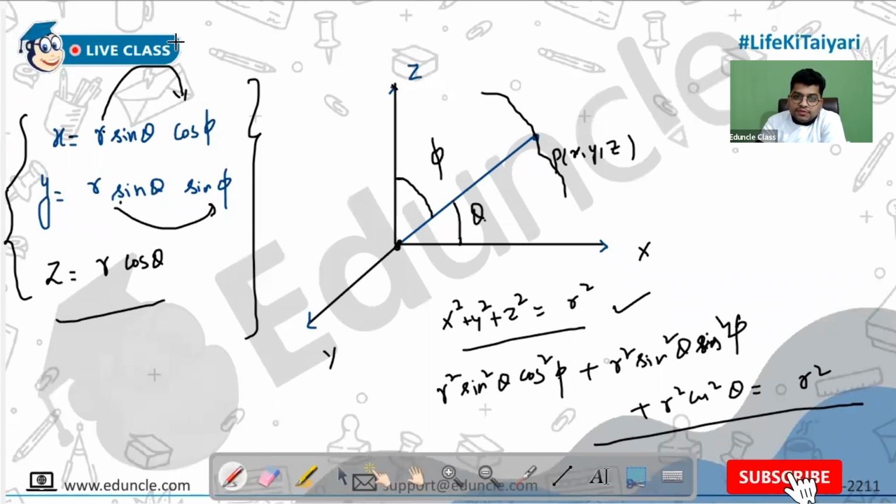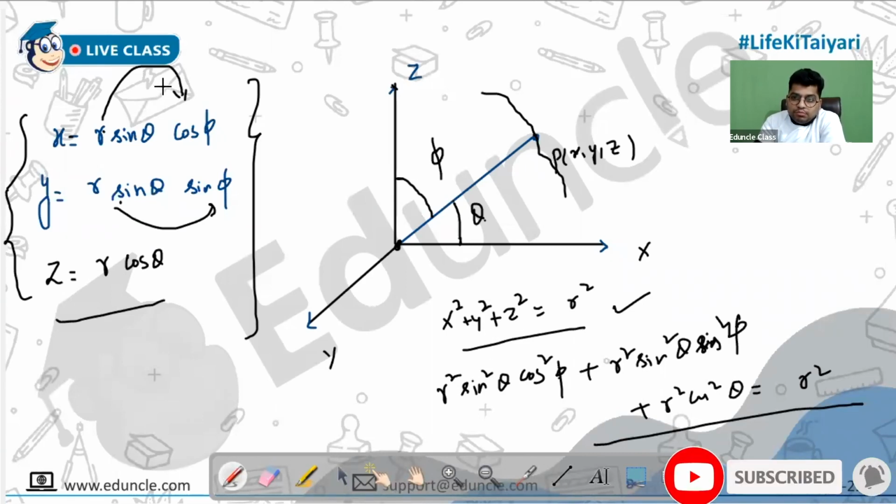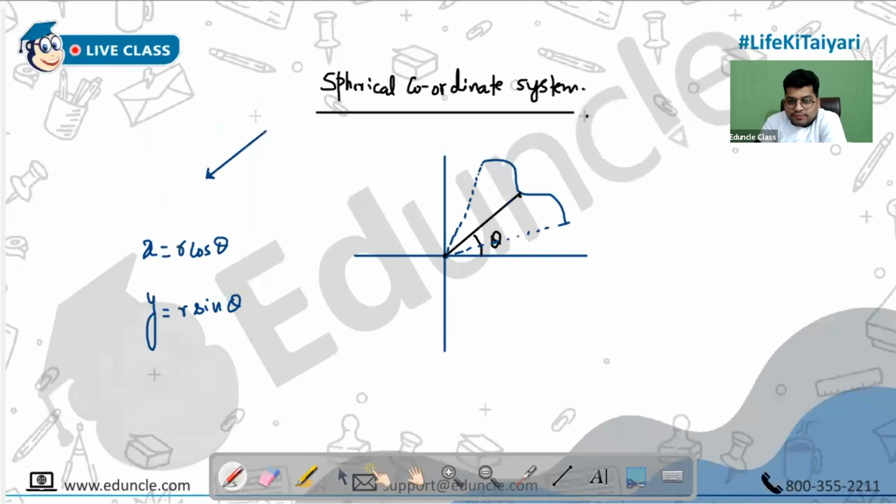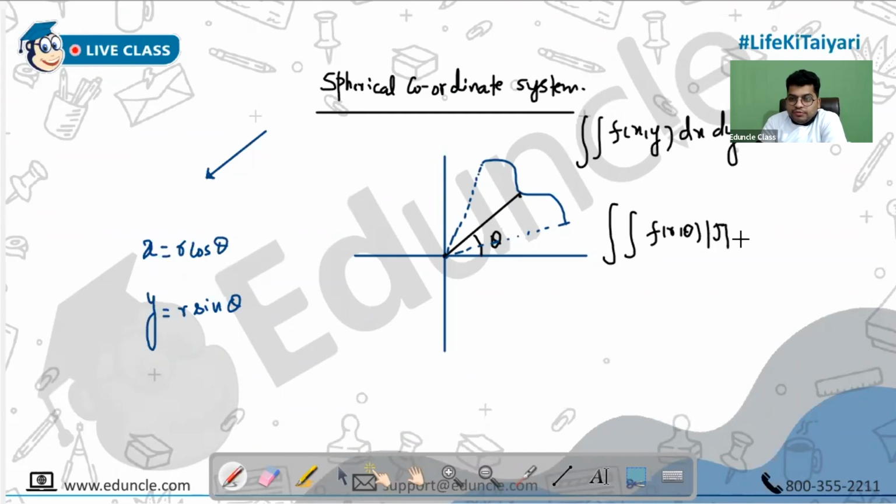The next point is, tell me one thing, what is the limit of... मुझे बस सबसे मेन चीज है कि एक तो ये हो गया. Yes, number one, तो हमारे पास कोऑर्डिनेट सिस्टम हो गया. Second thing is, when you have this kind of problem, then हम पोलर में कन्वर्ट करते थे, तो हम लिखते थे dx dy की जगह डबल इंटीग्रेशन fxy dx dy की जगह देते हैं dr d थीटा ना, f of r थीटा, जैकोबियन